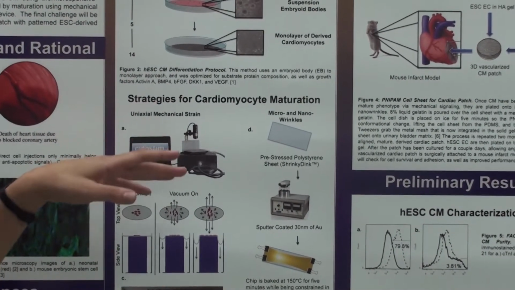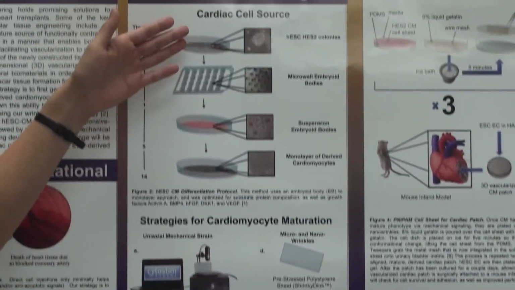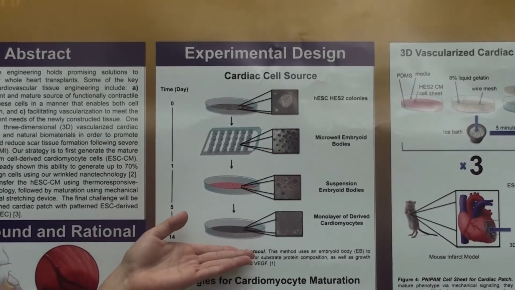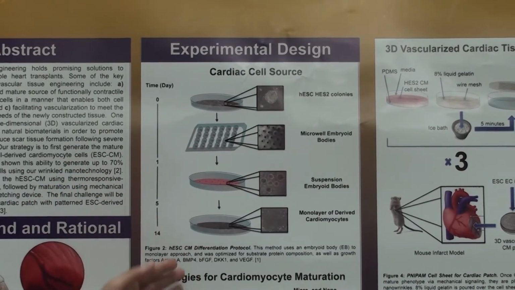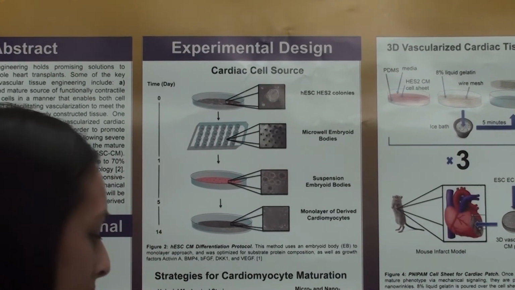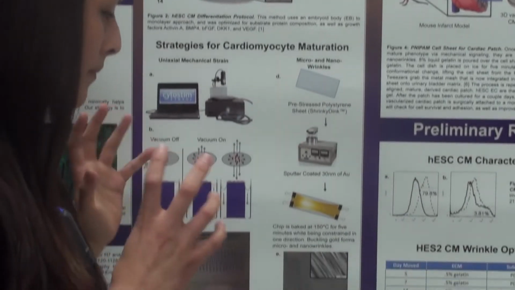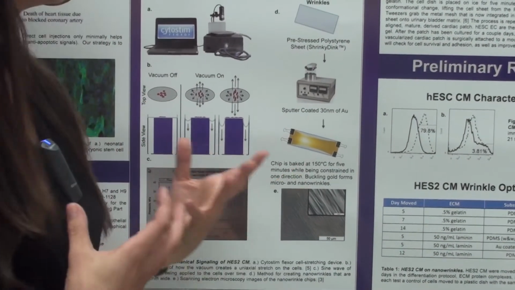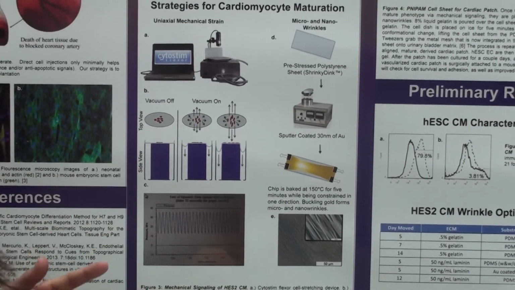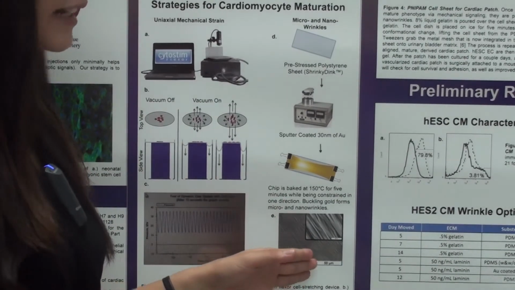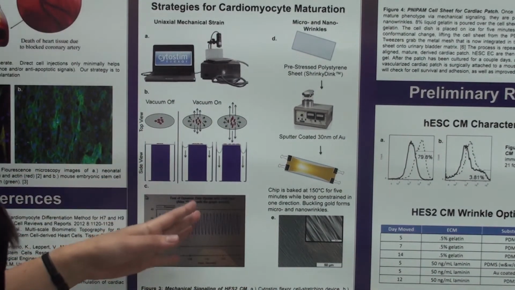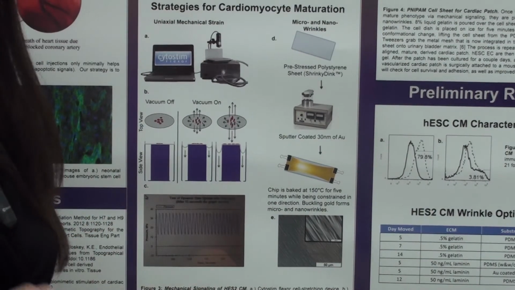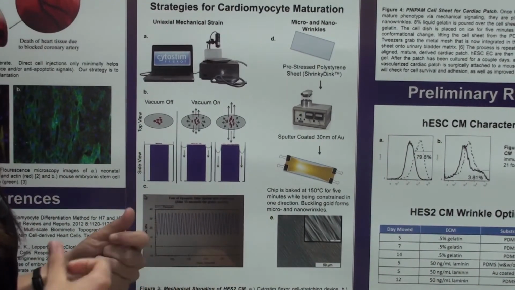So what we did is we took a protocol that we've already published, which takes the human embryonic stem cells and drives them to cardiomyocytes, and then we worked on adding different mechanical factors to this system. And in this case, we added nanotopography in order to align the cells. And in the future, we're going to work on adding mechanical stretching force in order to help them become